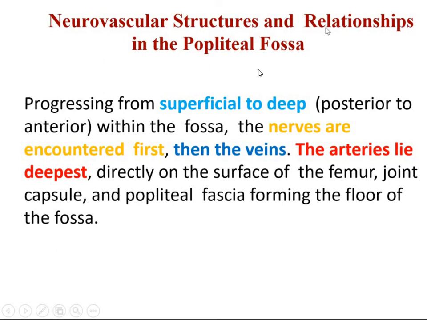So neurovascular structure and relations in the popliteal fossa, I have already told you. Progressing from superficial to deep within the fossa, nerves are encountered first. ठीक है, तो डायसेक्ट आउट करोगे, सबसे पहले क्या दिखेगा आपको? नर्व्स दिखेंगे, that is your tibial and the common peroneal nerve. Then you will see the popliteal vein and the arteries are lying deep down close to the floor and the femoral capsule. ठीक है,